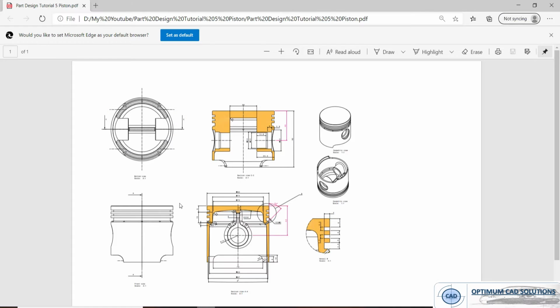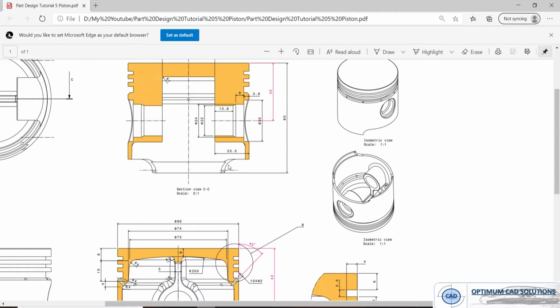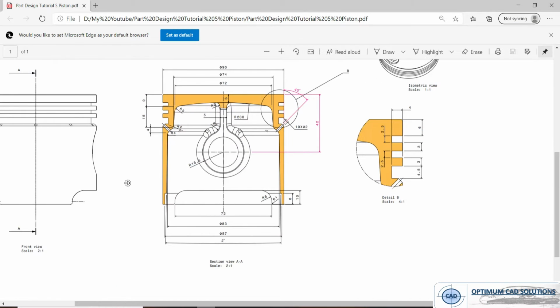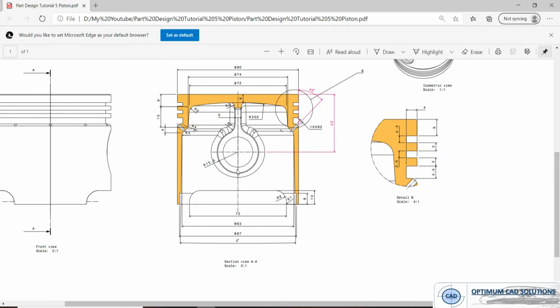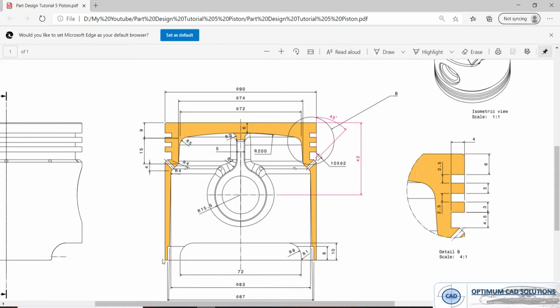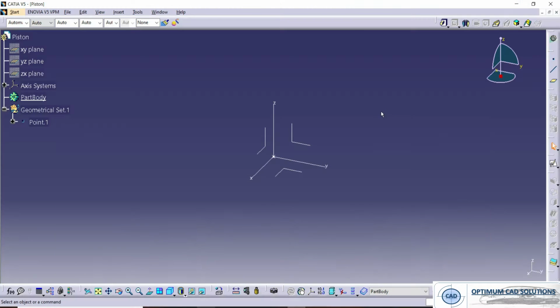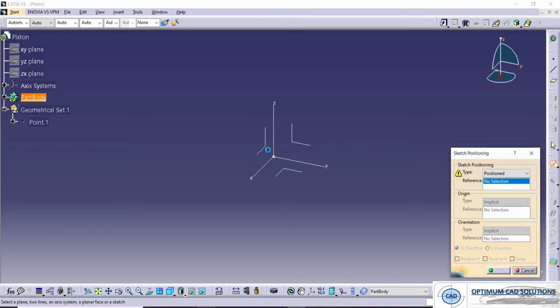So let's look at the task. We have to design this. First of all, we'll take a review of the front view with respect to the section view. Firstly, we will draw this section. Let's select the plane and enter into the sketch.